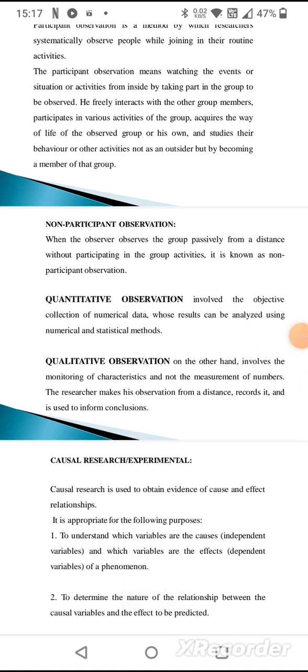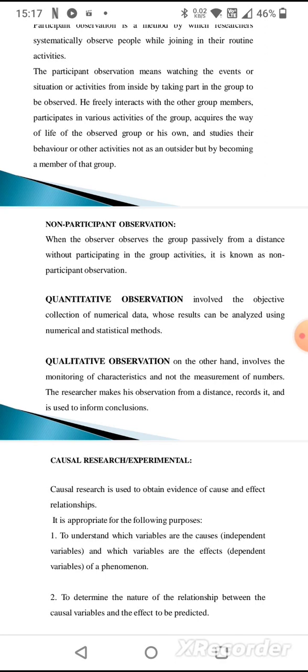Non-participant observation. So what do you mean by non-participant observation? When the observer observes the group passively from a distance without participating in the group activities, it is known as non-participant observation. For example, quantitative observation, qualitative observation also comes. It involves the objective collection of